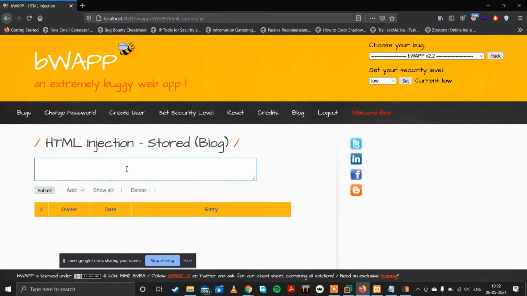So this is stored HTML injection, and in this case, they are storing user input for the comments. Wait a minute. Heading 1. See, they are storing our comments. So let's try here. It's 1